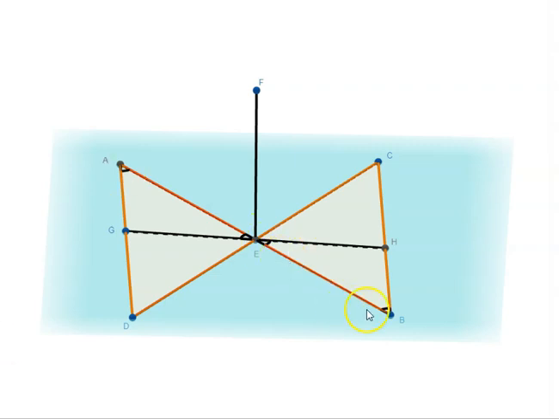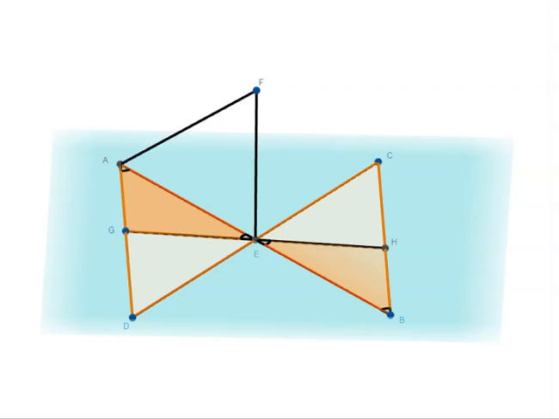So we have this angle equal to this angle and this angle equal to this angle, and we know AE is equal to BE. So that means triangle AEG is congruent to triangle BEH, which means AG is equal to BH and GE is equal to HE. These two sides will also be equal because they are congruent. Let's join